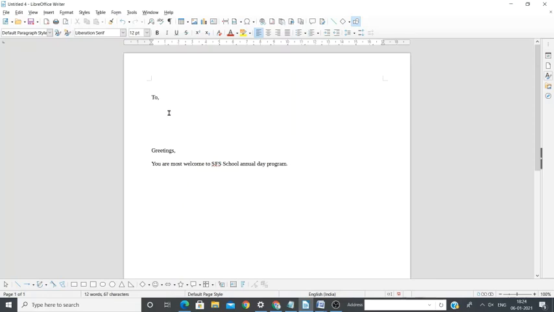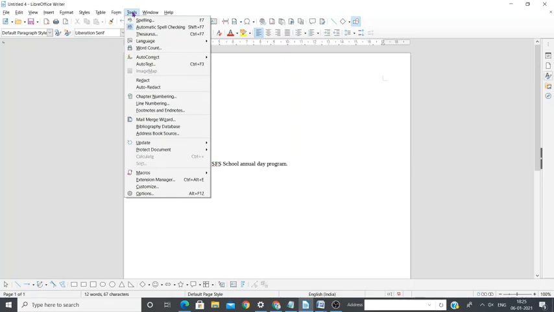So in the to field, I want to fill the address of 1000 students or 100 students, whatsoever, to whomsoever I want to send, I have to fill it with the right address. So in order to do that, listen carefully students, which tab you have to go, just keep it in mind, okay. Go to tools menu, then you can see mail merge wizard. Do you see mail merge wizard?